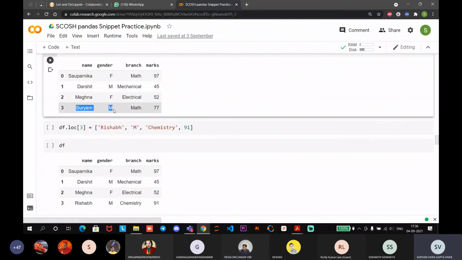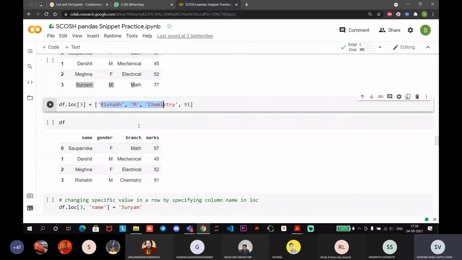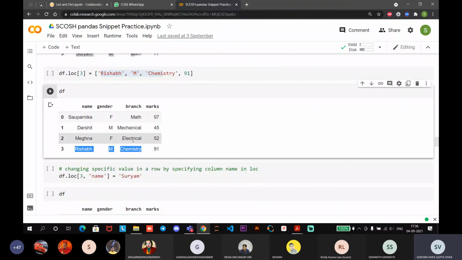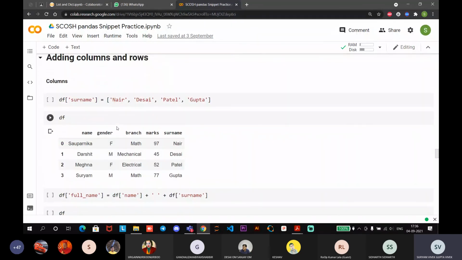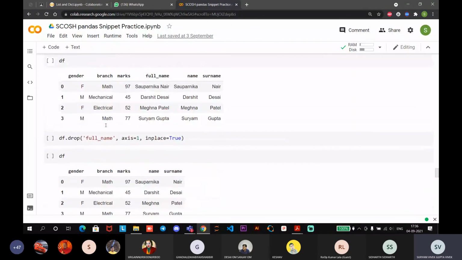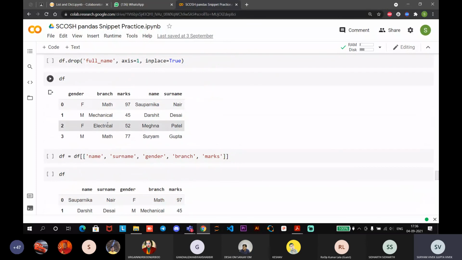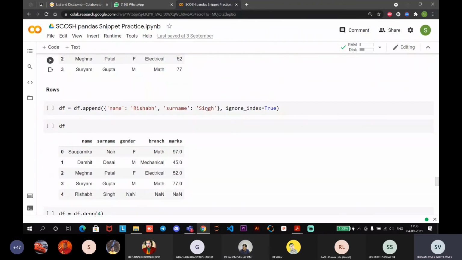तो यहाँ पे मेरा नाम था और फिर मैंने ऋषभ केमिस्ट्री ये सब डाला, तो मेरी जगह अब ऋषभ केमिस्ट्री वगैरह आ गया है, और फिर से चेंज करना है। तो ये सब अपन देखेंगे। फिर कॉलम्स और रोज को ऐड कैसे करना है वो सब देखेंगे, कुछ एग्जांपल्स देखेंगे। और ये सब जैसे जैसे यहाँ पे करते जा रहे हैं, करस्पॉन्डिंगली जो मेन बड़ा डेटा है वहाँ पे थोड़ा थोड़ा अपन एप्लीकेशन देखेंगे कि बड़े डेटा सेट पे सब कुछ कैसे होता है।